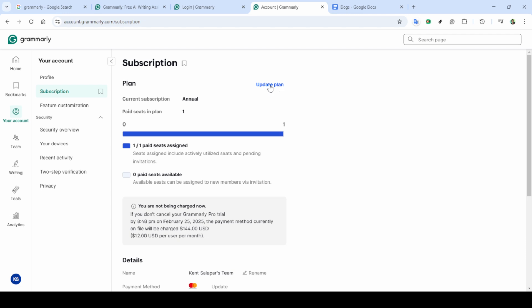Carefully input all the required information, ensuring that there are no mistakes, as this could delay your subscription activation. After you've double checked your card details, you should see a button that says something like complete purchase or confirm payment. Once you're confident everything's in order, click this button to finalize your purchase. And there you have it. You're now a Grammarly Premium